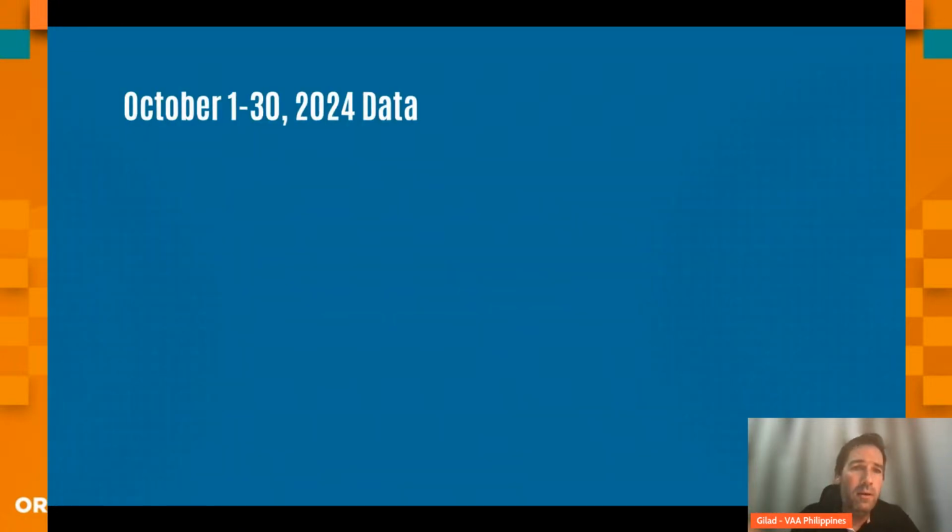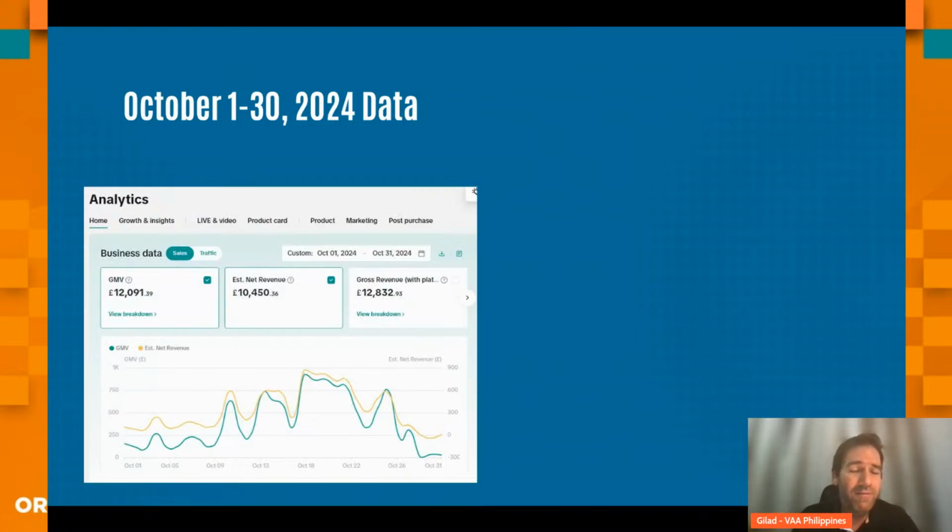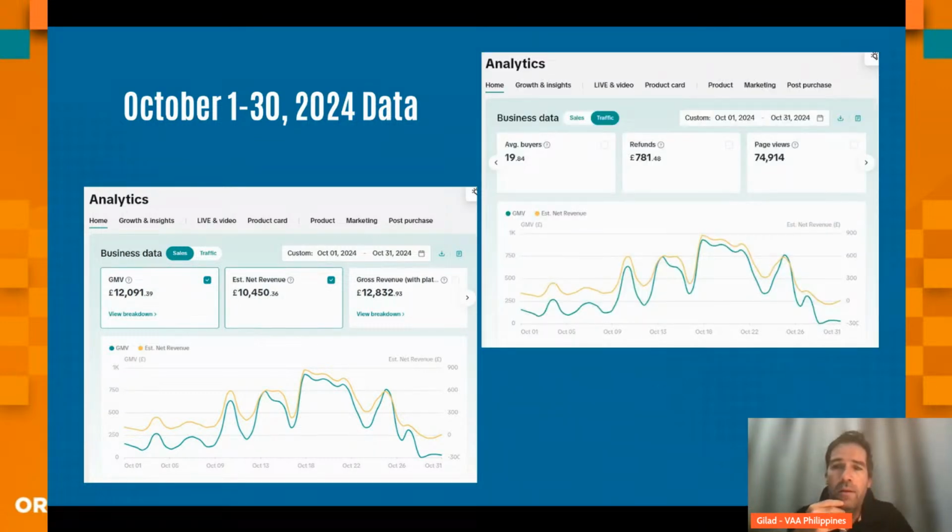And if we go to October, the entire month of October, then we already start to see very good results. I mean, we see that the gross revenue went up to 12,000 pounds in 1 month, with 74,000 page views, selling around 700 units for that specific month. So very good results for somebody that did not intend to even sell on TikTok Shop. They created an account just because they heard it's possible, but basically they were focusing all their efforts on Amazon,